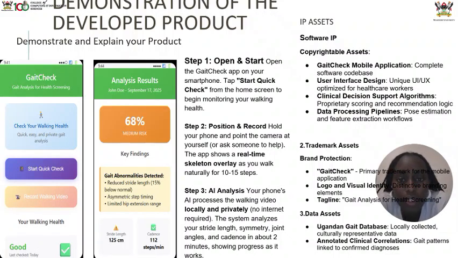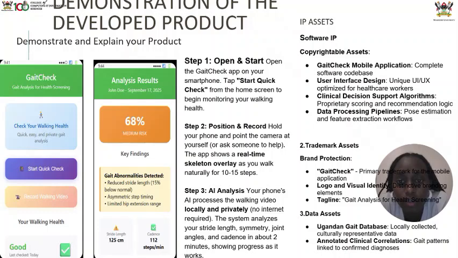Then our IP assets. We have software IP, that's intellectual property, where we have copyrightable assets. So our Gait Check mobile application is going to be complete software code, and then our user interface design is going to be a unique UI optimized for healthcare workers,